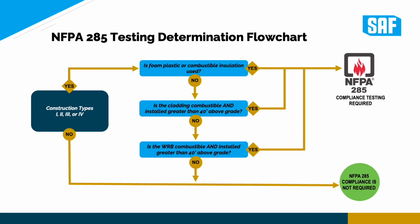Is foam, plastic, or combustible insulation used in the wall assembly? If your answer is yes, your path continues to the right, and NFPA 285 compliance testing of the wall assembly is required. But if you answer no to the foam, plastic, or combustible insulation question, that is, there is no foam, plastic, or combustible insulation in the wall assembly, you flow downward to the middle light blue rectangle to answer